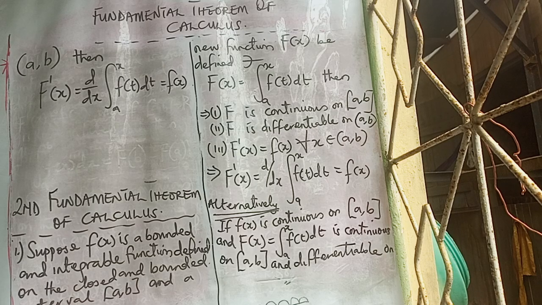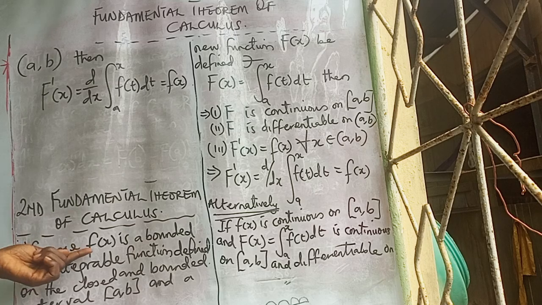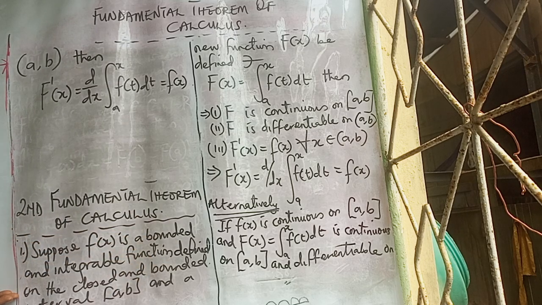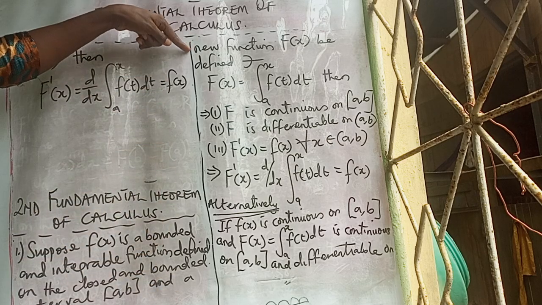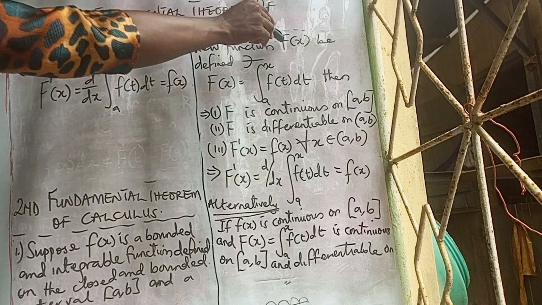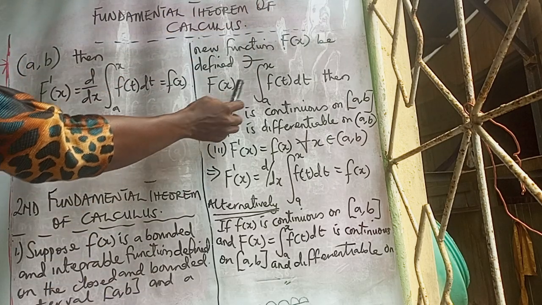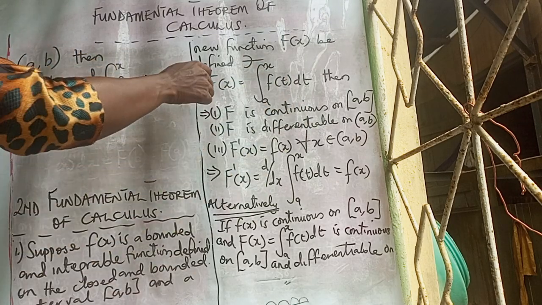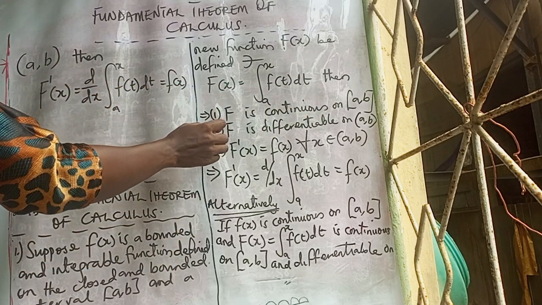The second fundamental theorem of calculus can be stated as: suppose f of x is a bounded and integrable function defined on the closed and bounded interval AB, and a new function F of x be defined such that F of x is this, then it means that capital F of x is continuous on AB,